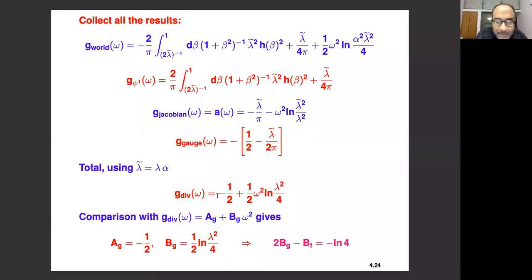Okay. So what I tried to emphasize here is that while BG depends on lambda, which is an arbitrary parameter that enters the definition of string field theory, this combination is perfectly well defined, and this is the one combination that enters the S matrix. So this essentially determines the physical components of F and G completely, namely AG, AF, and this combination 2BG minus BF. Any questions so far?